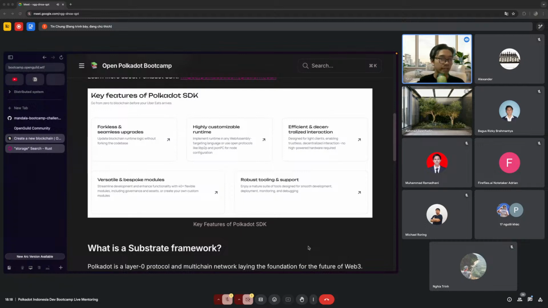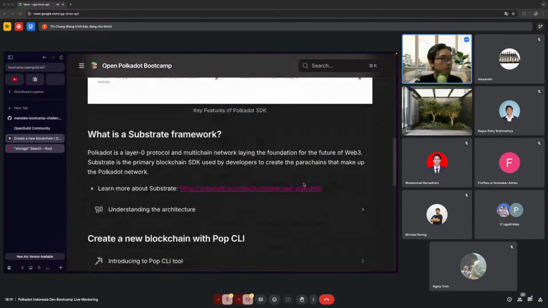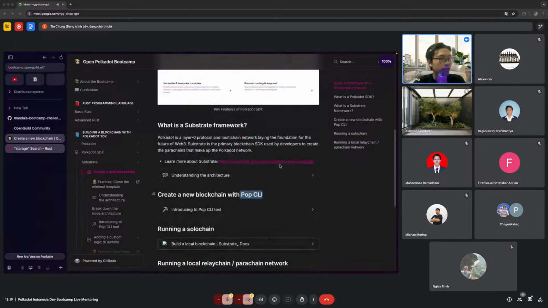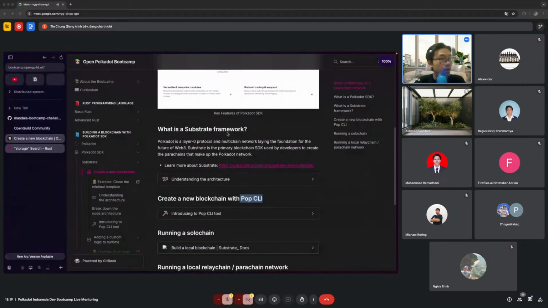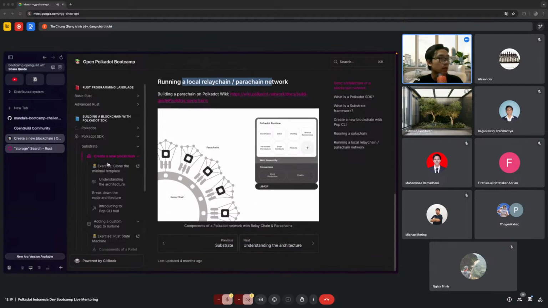For example, in other chains, if you want to do an upgrade, you have to fork the chain. Let's say you also have Ethereum Classic, as I remember, and those are basically forking in the Ethereum. Whenever you do a major upgrade, you have to do a soft fork or a hard fork. And I already mentioned POP's UI, so I don't think it's needed to cover here. Substrate framework, running local. Okay, I think all these are covered.